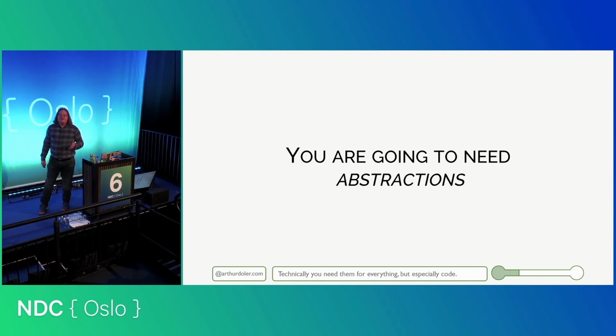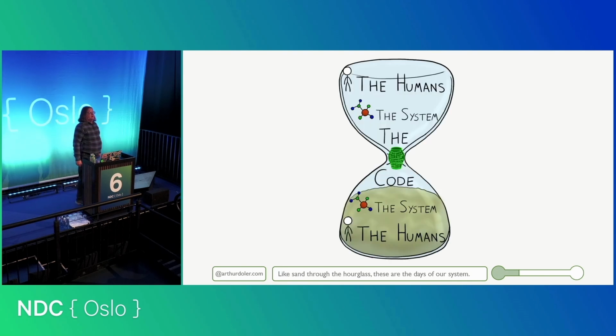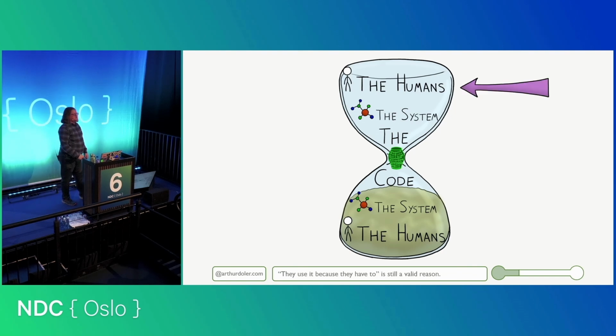As you navigate through the surveying process, you need to understand three things: the humans, the system, and the code, listed in kind of order of decreasing scope. But it's not really a monolithic process where you just move from one to the other. I like to think about it as more of an hourglass. You start at the top with the humans, work your way down to the code, and then kind of back up. So let's walk through each of these levels in turn.